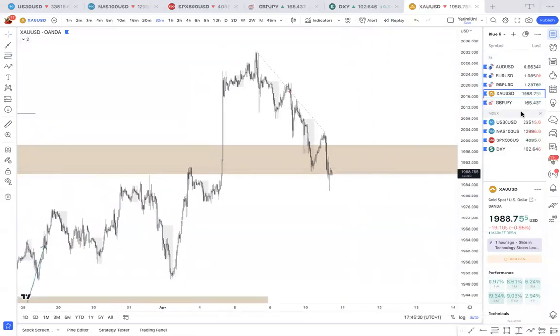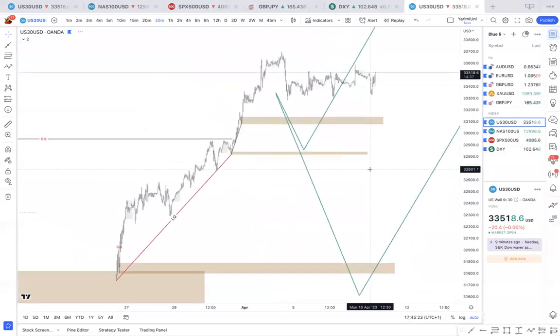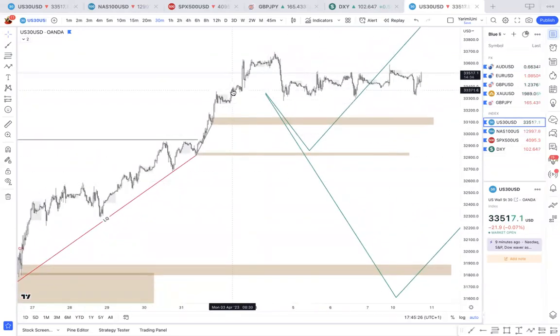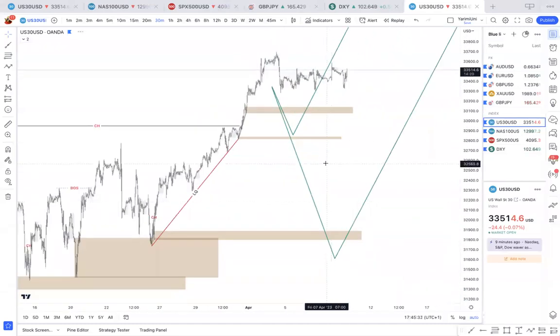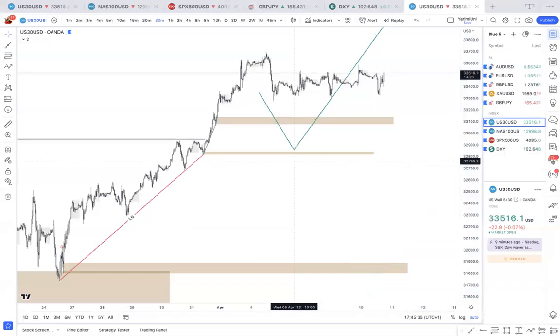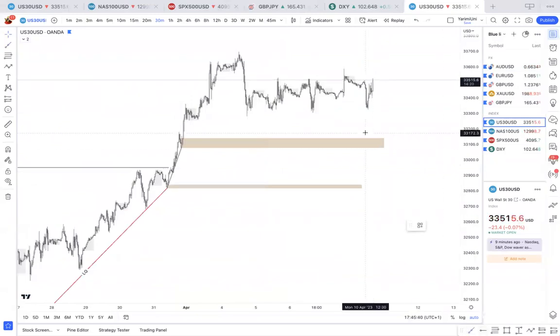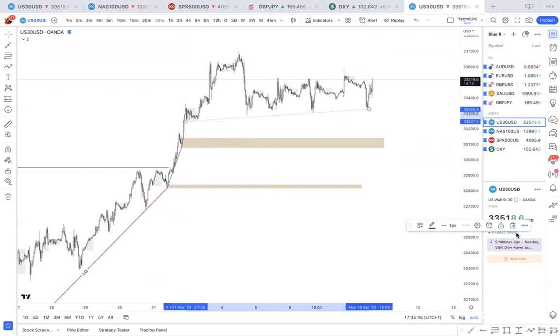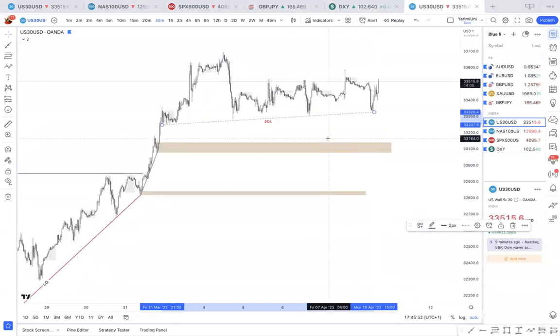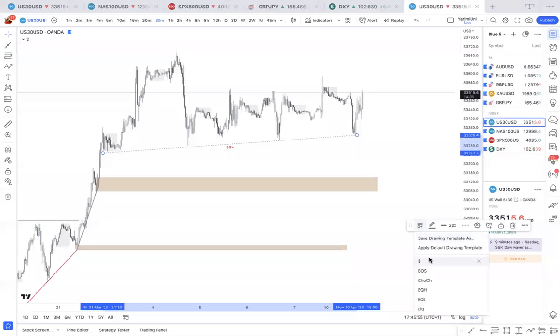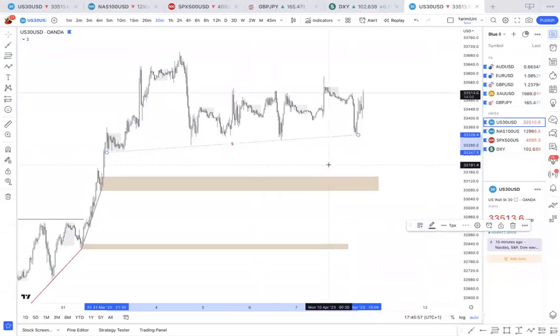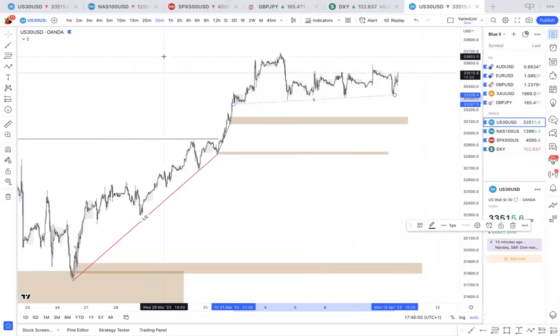Okay. And last but not least, US 30. So what's US 30 doing? So we anticipated from last week that price would reverse from this area. However, it looks like it still wants to remain bullish. So what we can do is we can draw in this trend line here, which correlates with this move here since it's broken out. So this would be, it's not equal lows. However, it is liquidity. So actually, let me change that to liquidity.